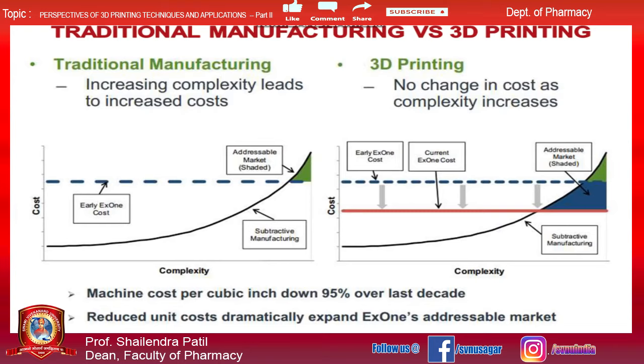You will have no extra cost for utilizing this technique, and ultimately your project can be completed in the stipulated budget. As well, the machine cost per cubic inch is down by 95% over the last decade using 3D printing, and it reduces the unit cost dramatically and expands the addressable market.